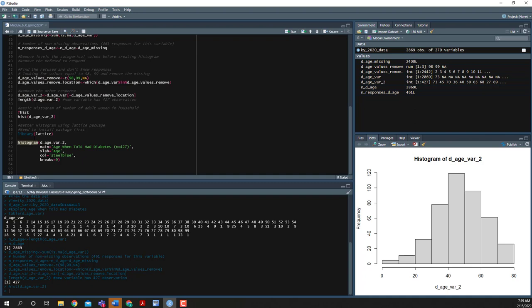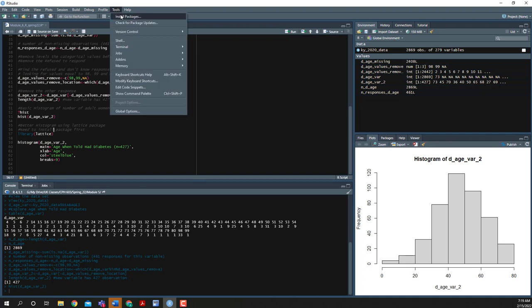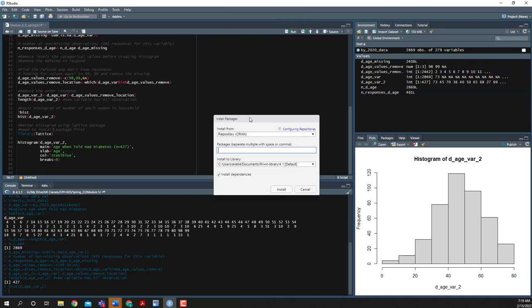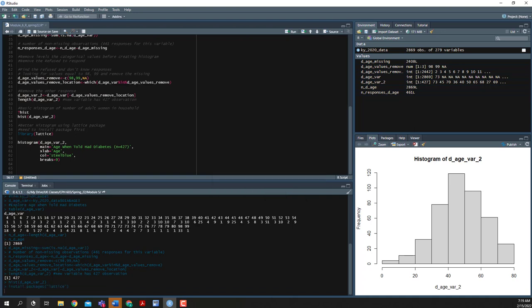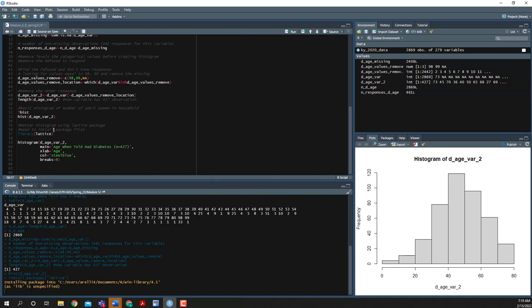Well, it ends up there are lots and lots of packages and other functions that you can use, but you have to call them in before using them. And so we're going to use one of those functions here. So the very first thing we need to do is actually install the lattice package, and you only have to do that one time. So let me show you how to do that. You're going to go up to Tools, click on Install Packages, and then you're going to search for Lattice, and then click Install. It will automatically populate the code down below,